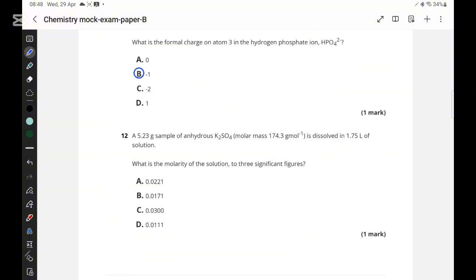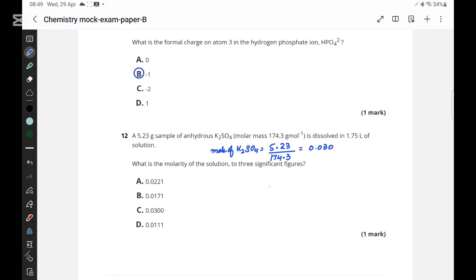For the next question, a 5.323 gram sample of anhydrous potassium sulfate is dissolved in 1.75 liters of solution. What is the molarity of the solution to 3 significant figures? First of all, you need to find the moles of potassium sulfate, and that is equal to mass over molar mass. Mass is 5.23 divided by molar mass, that is 174.3, and the answer comes out to be